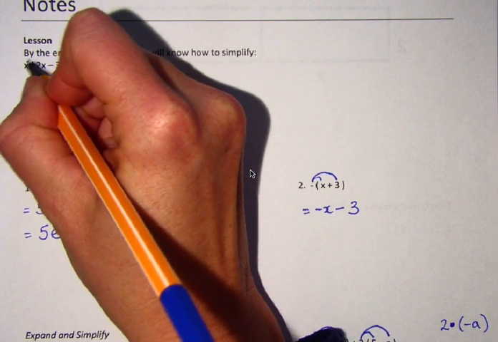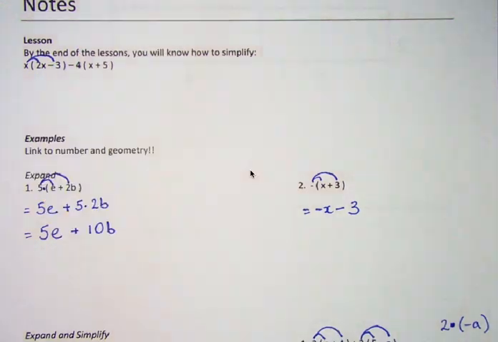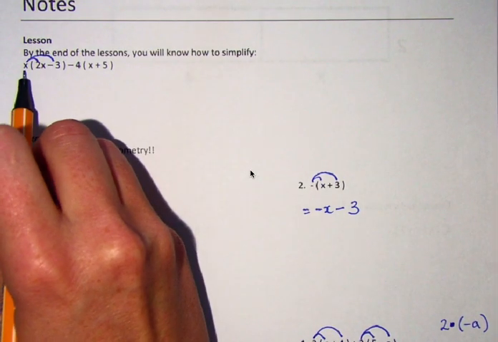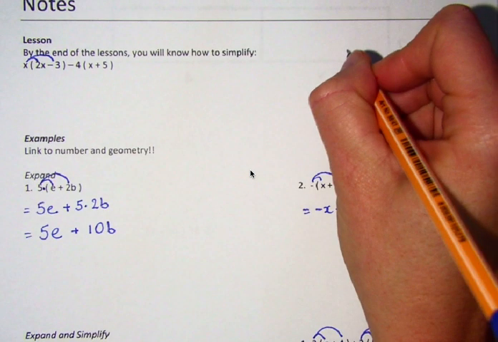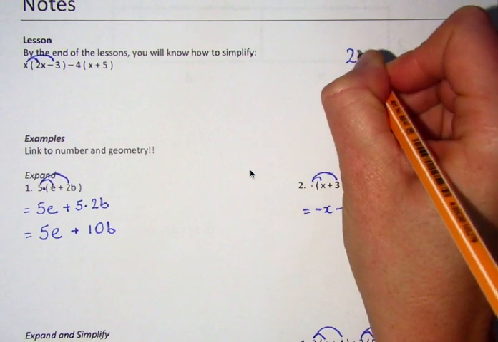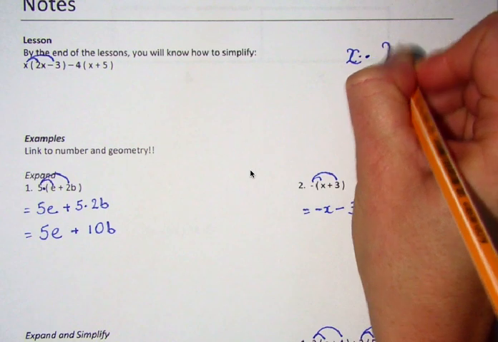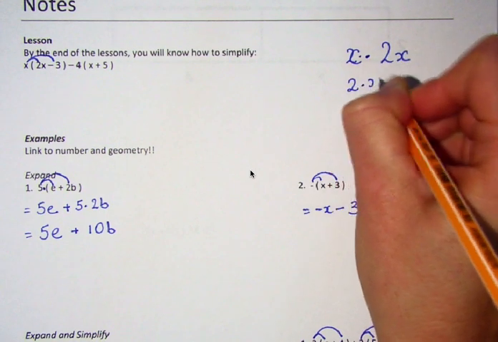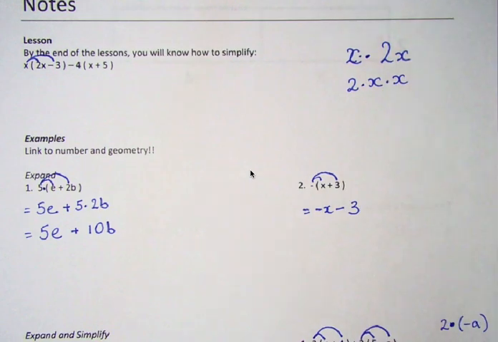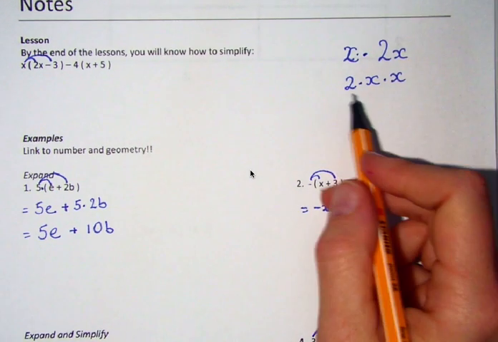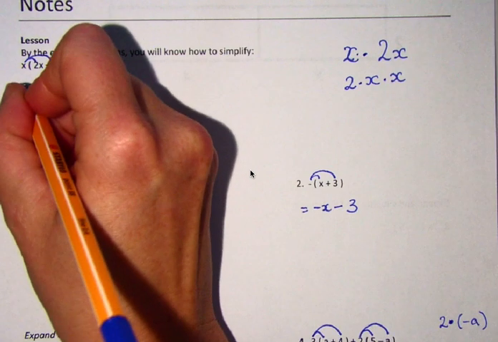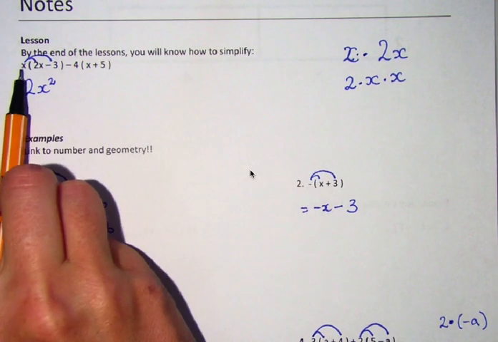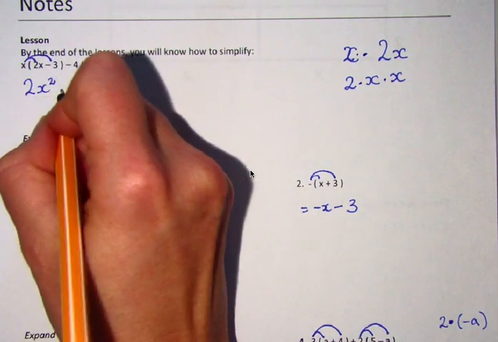Okay, so going fairly quickly through the solution. I'm going to multiply out, expand the brackets, distribute the x. So x multiplied by 2x, it doesn't matter what order we multiply, because multiplication is commutative, so we get 2 times x times x, which is 2x squared. Then we're distributing the x times minus 3,